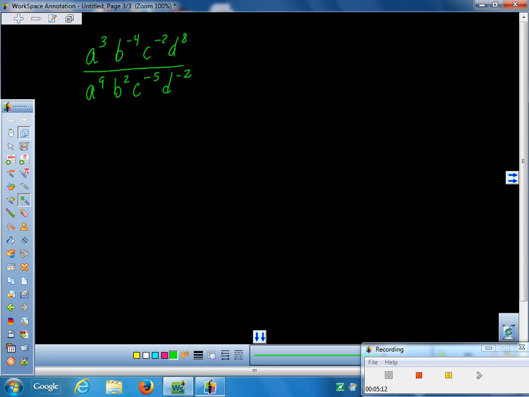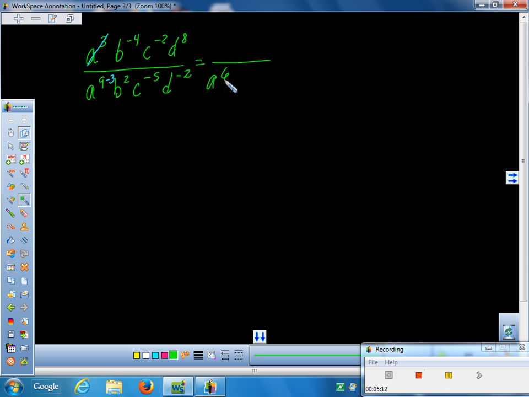Okay, Josh says A to the 6th on the bottom. Why? Because you take 3, I don't know. You subtract the exponents, and where's the bigger power? On the bottom. Okay, so I'm going to tell you, the easiest way to do exponents in a fraction is to simply go, where's the bigger one? Well, it's on the bottom. So I'm going to cancel out the one on the top, I'm going to subtract it down, which would leave me with